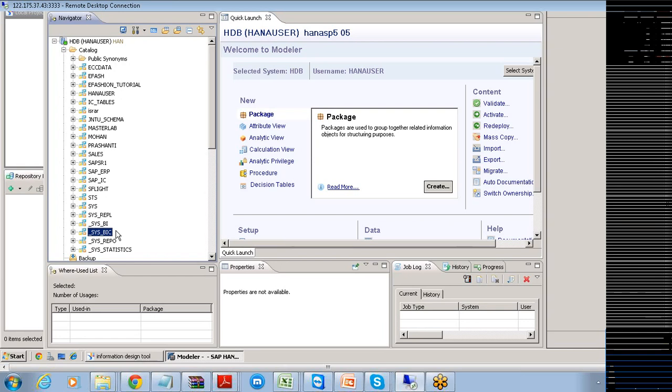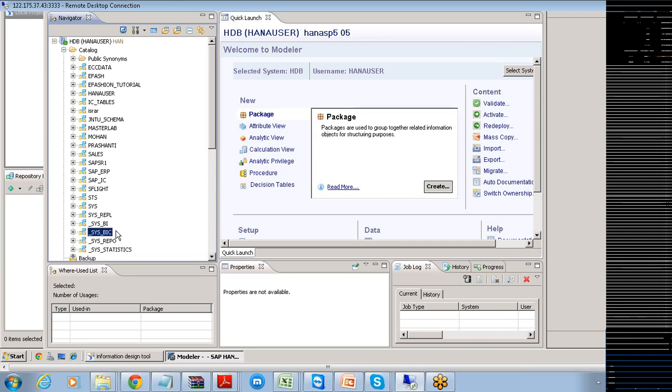Now the question is, what next? When we say what next, there are two aspects here. The main purpose of your modeling is to consume the information that is present in your physical database. Now the question is where exactly we need to model. Shall we try to model the information in the HANA Studio and use that modeling effort directly with respect to business objects? That is one thing.